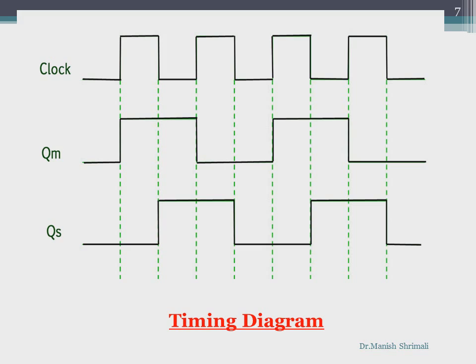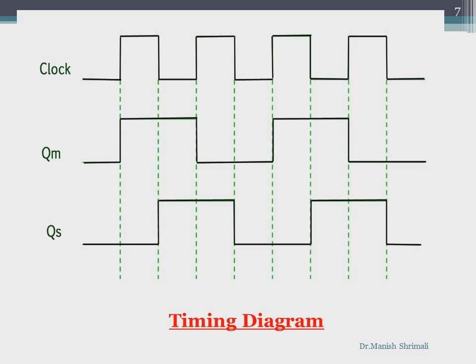Now, when the first clock arrives and goes from low to high, the master section gets enabled. So it also goes from low to high and it remains high till the first falling edge of the clock arrives. Now, though the first falling edge has arrived and it makes the slave section get triggered, the output of the master will remain high as it stores the memory and the values remain as such. So that is why the output of the master remains as such till the whole clock pulse.